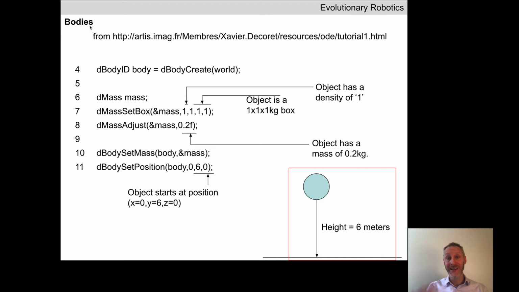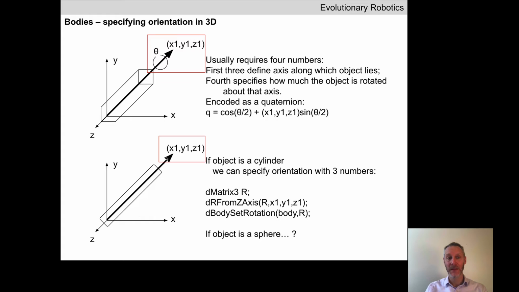In ODE, links are known as bodies, but basically the same thing. They are physical objects that have mass distributed throughout the object. The object has an initial position. We talked about specifying orientation in 3 dimensions. You can do so using quaternions, but quaternions are very difficult to manipulate if you don't have a solid mathematical grounding in quaternions. So later in this course,